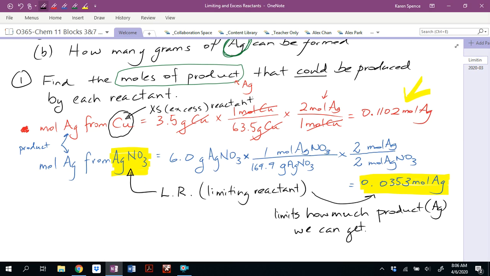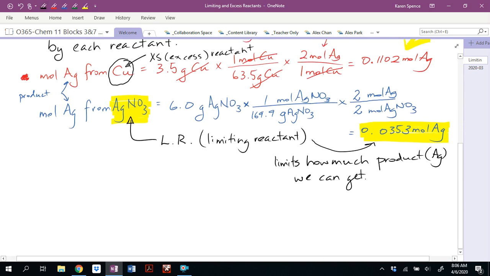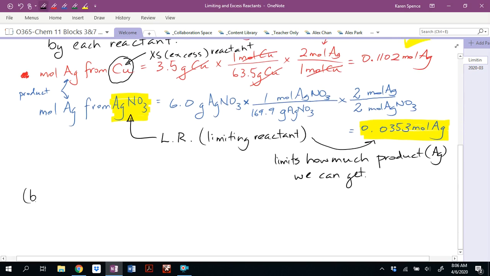Okay. For part B of this question, we want to know how many grams of silver can actually be formed. So for part B, we want the grams of silver formed. Well, we're limited in the grams of silver formed by the moles of silver that can be formed from the limiting reactant. We cannot make 0.1102 moles because we're going to run out of silver nitrate first. So we can only make 0.0353